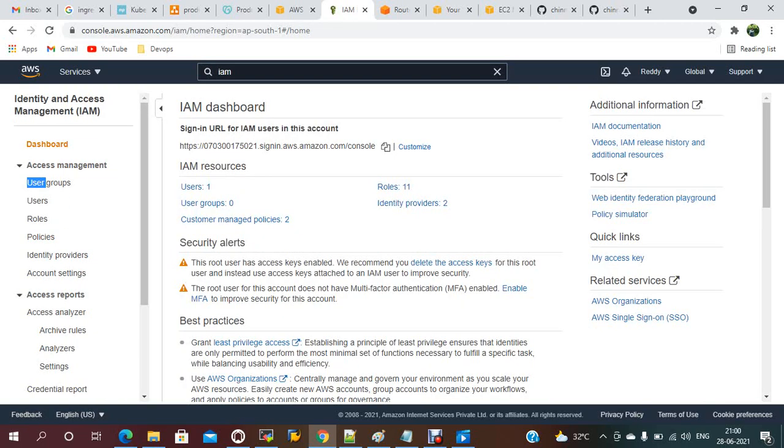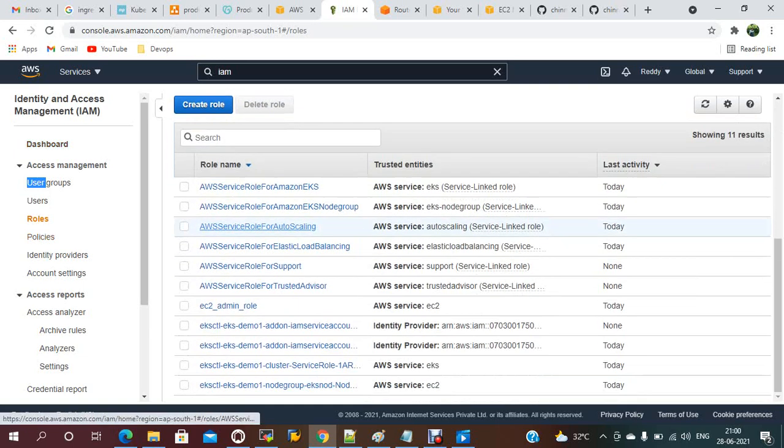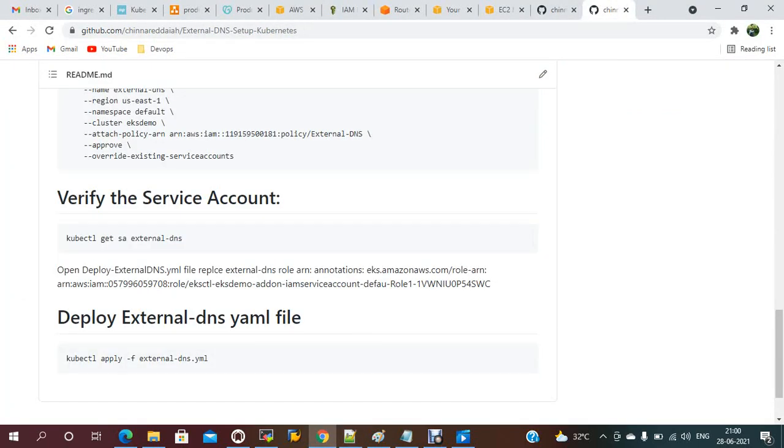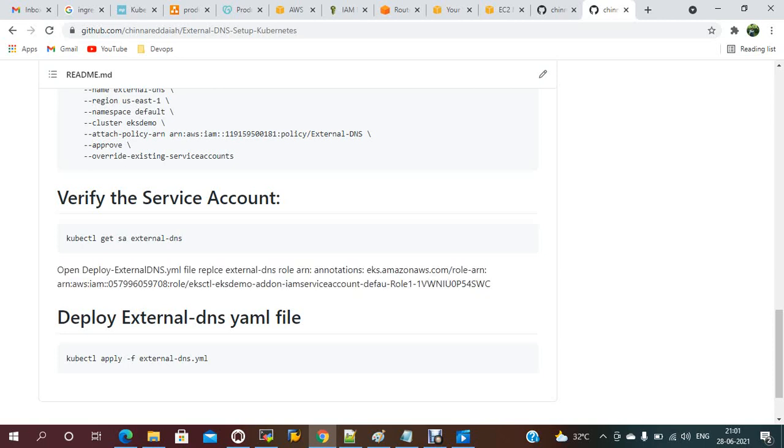IAM, we are in IAM roles. Here deploy external and replace with annotation ARN and EKS. EKSCTL demo. Let me check EKS.